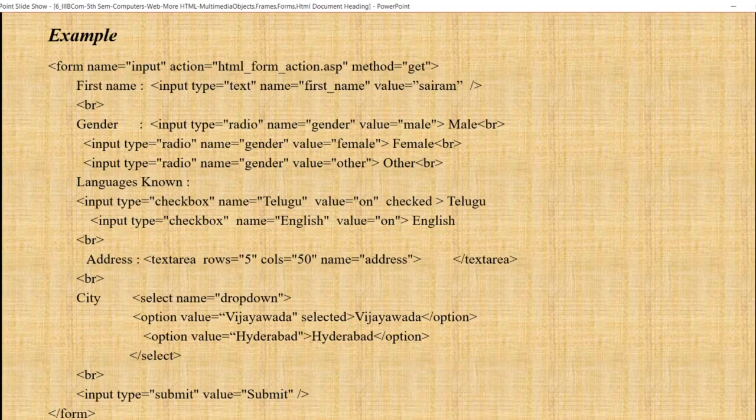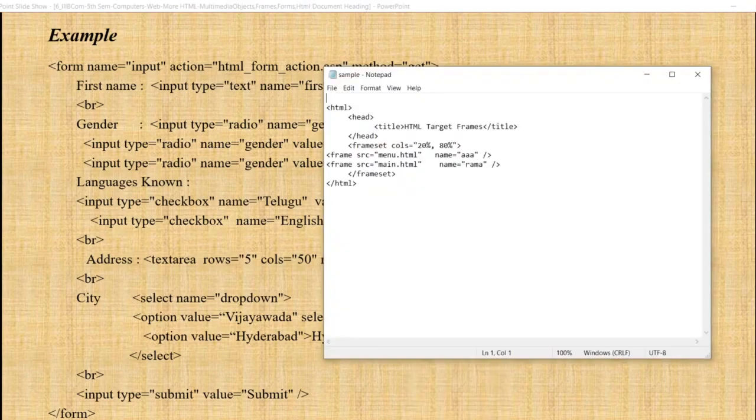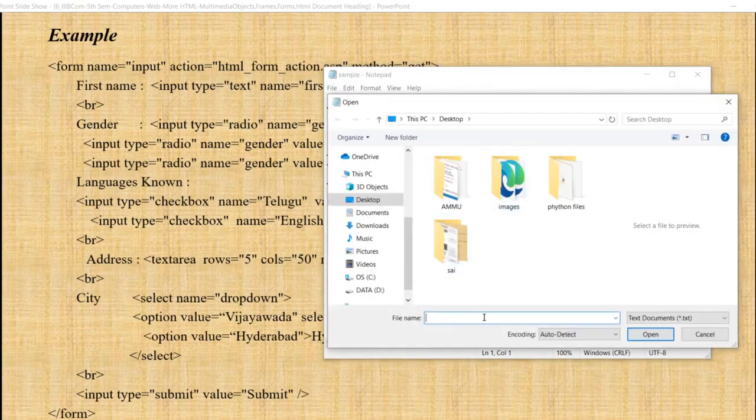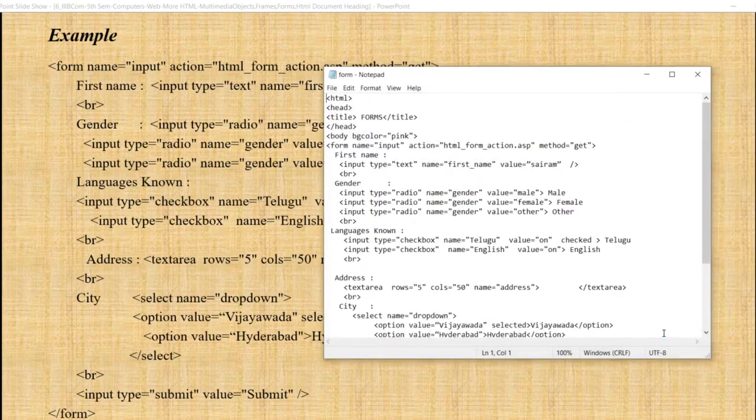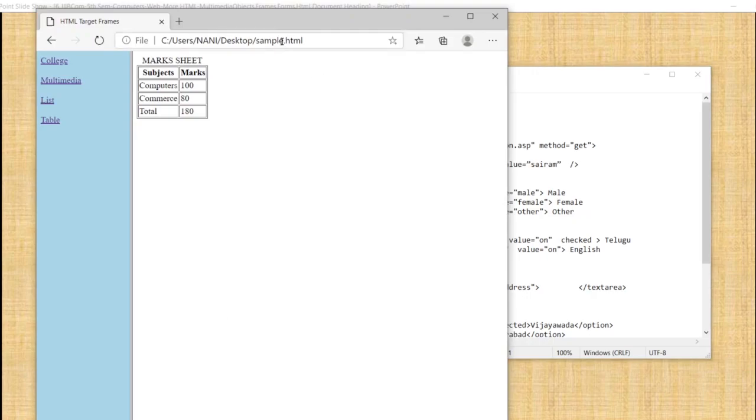Let's see the example for forms. This is our form program. Let's run.